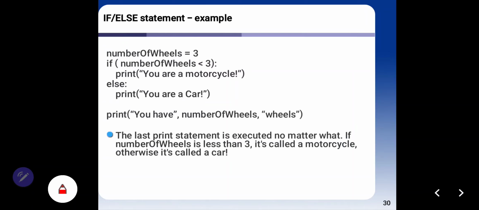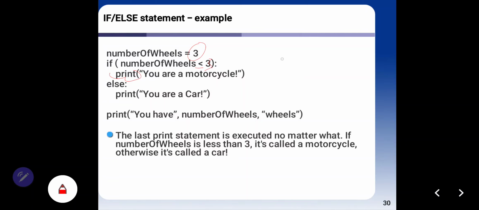This is an example for an if else statement. This is similar to the before example about the number of wheels. Number of wheels equals 3. If number of wheels less than 3, you can see the result, you are a motorcycle.